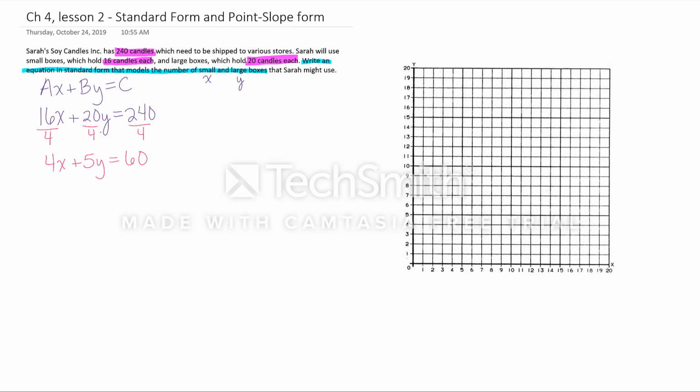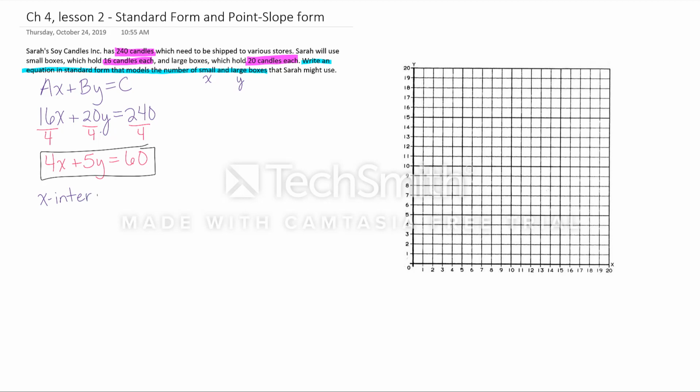So we've met the goal of the problem. We have a linear equation in standard form that represents the scenario of the candles in the boxes. And then our next goal is going to be to graph it. So to review, the way that we want to graph equations when they're in standard form is to use the x and the y intercepts. To find our x-intercept,